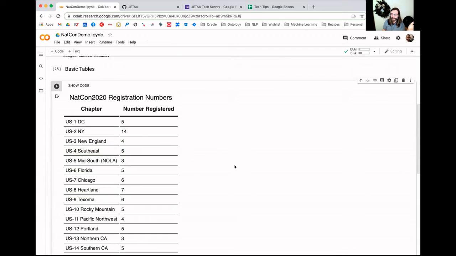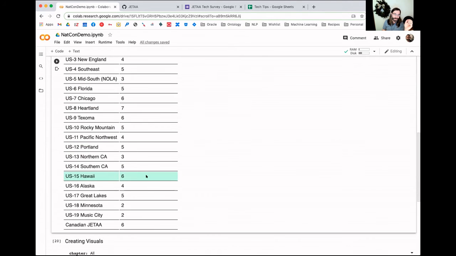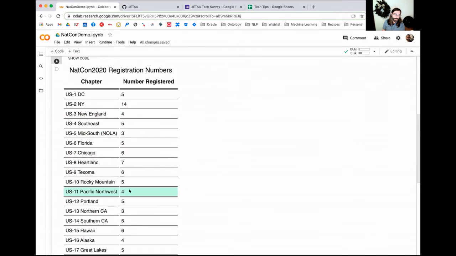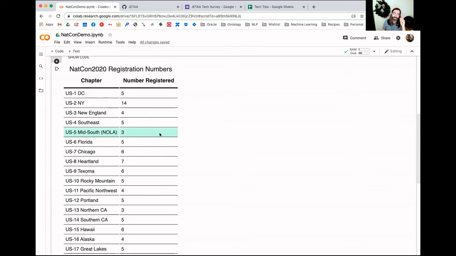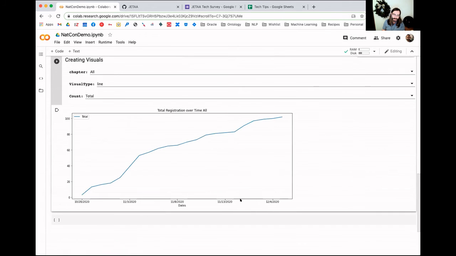Obviously, you can do this in Google Sheets. You can create different tables based on different stuff. You can see these are the totals at a glance of what people have done, and I have it organized by chapter and that kind of stuff. We can go down deeper and create even more interesting visuals that are a little more dynamic. We can create line graphs across dates, so we can see how the registration went from the 28th all the way to the 4th of December,